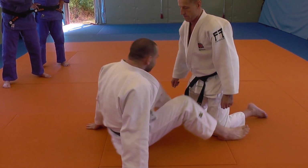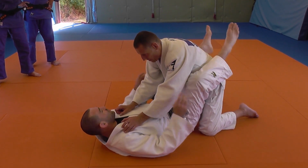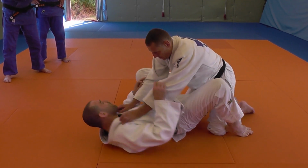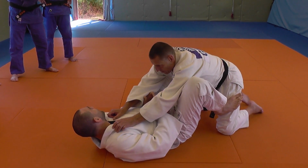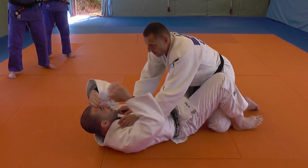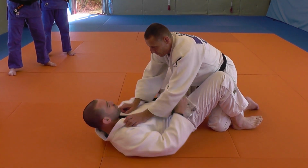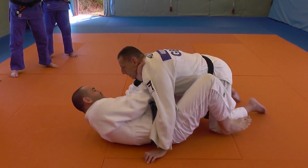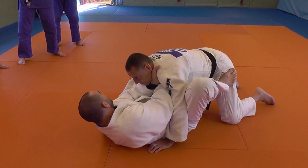So when you're trying this, try to avoid staying flat on your back in a nice tight defensive position. You actually want to come a little bit further away from your partner and let them drop onto the strangle. And again, my head ends up above my partner's head, just like what we did before on the ground. So feet in, and you want to try and bring them away a little bit and put your feet there to keep them away from you. And then